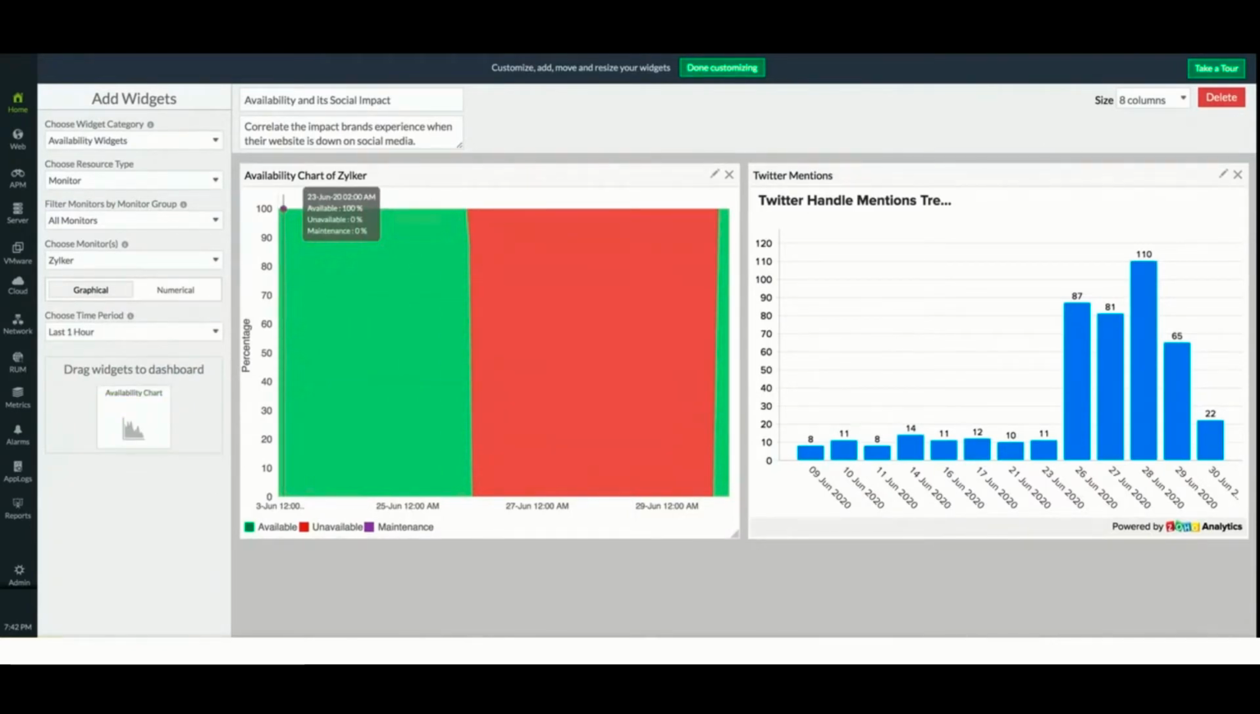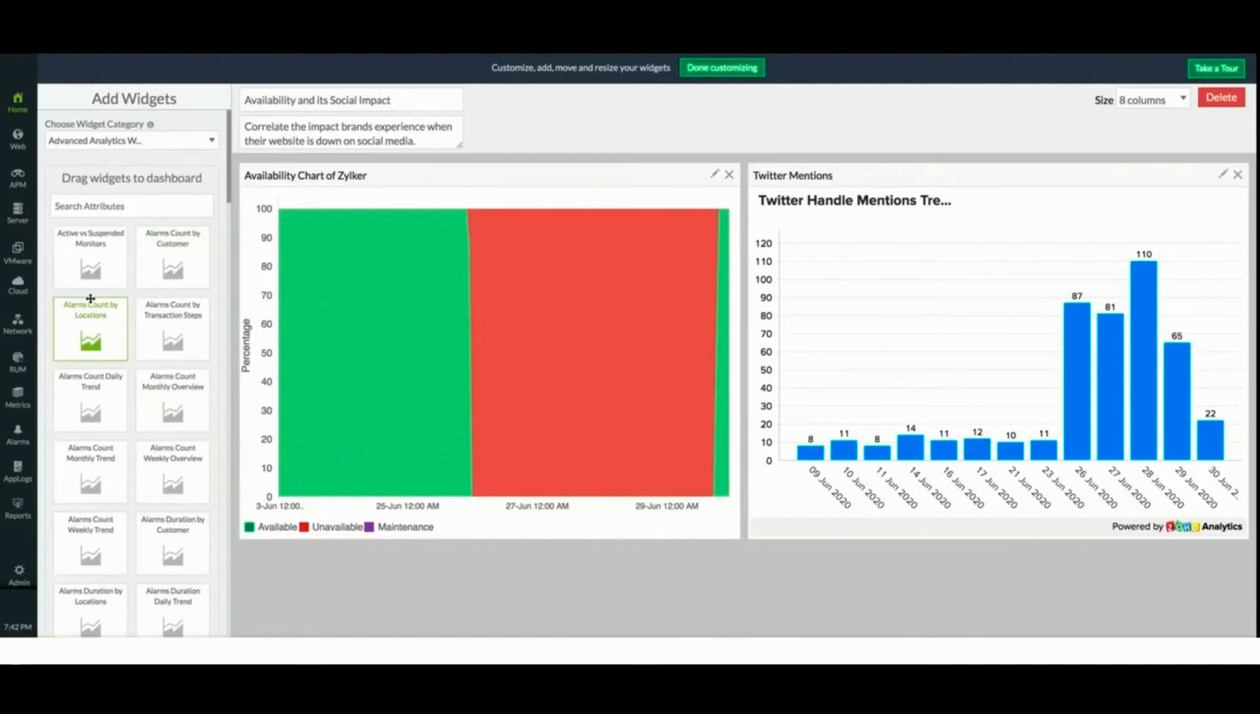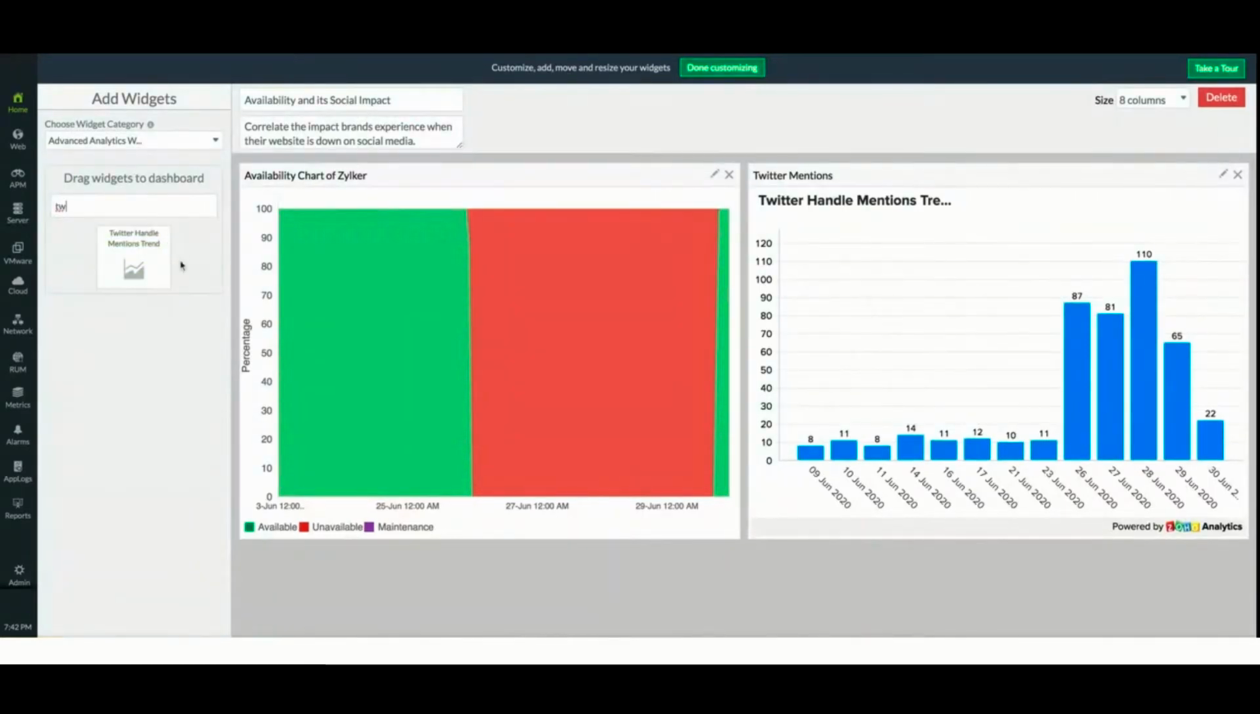Here, I'd like to emphasize that the availability report is a native report from Site 24/7. Similarly, to configure the Twitter dashboard, all you have to do is select Advanced Analytics from the Choose a Widget category. So I have to head down to Advanced Analytics, and you have a list of options that are listed. So all you have to do is select the appropriate widget. In our case, I'll select the Twitter handle mentions trend, drag and drop it side by side, and voila,